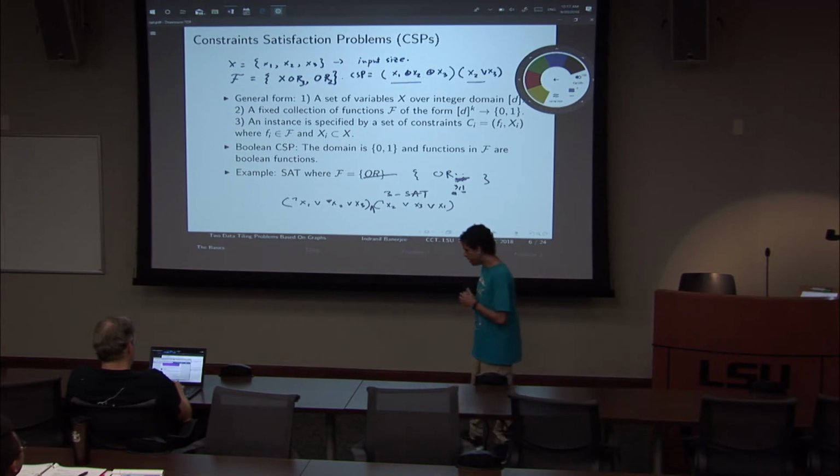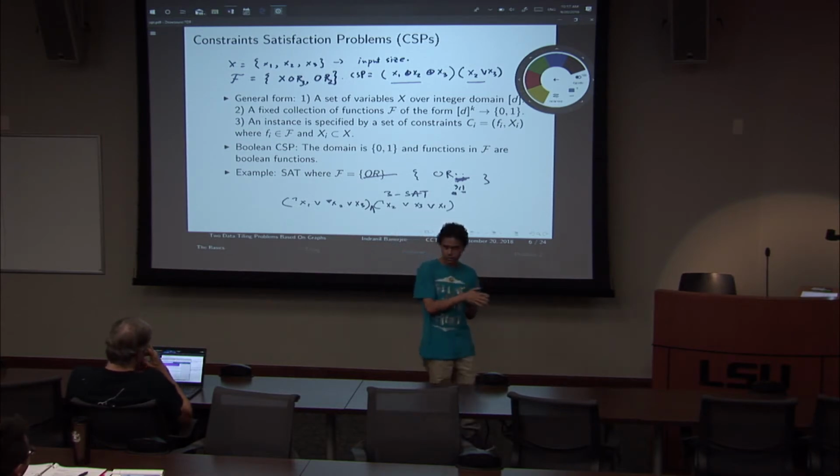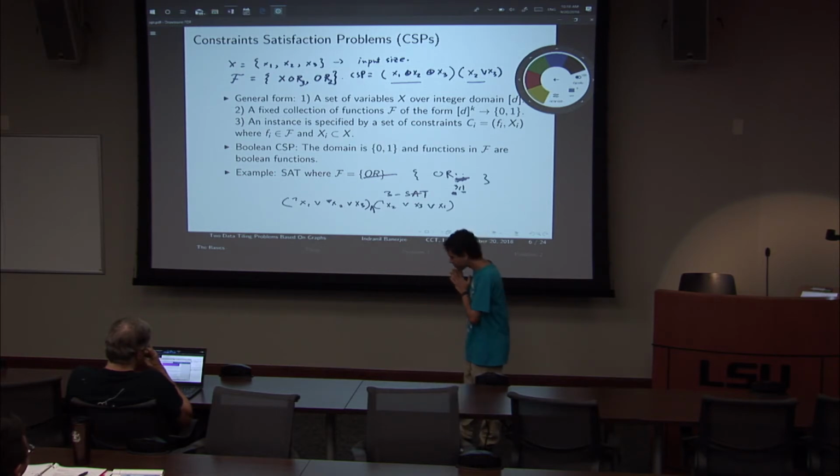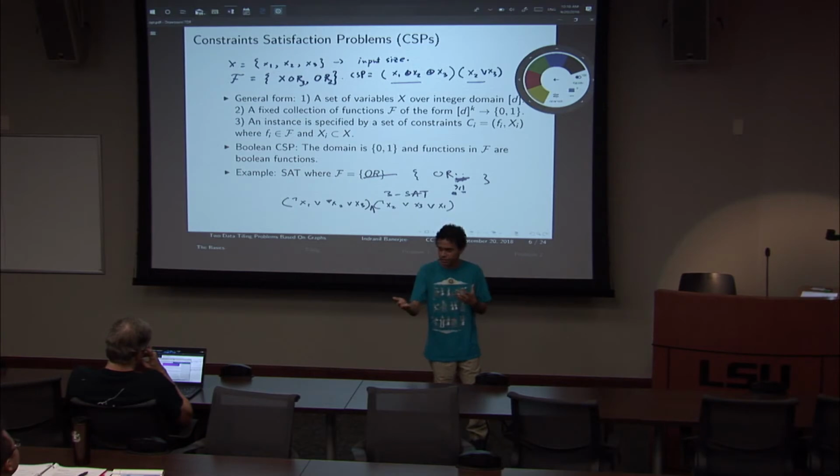The second one is an optimization problem, which is the max version. Find an assignment which satisfies the maximum number of clauses or constraints. The third version is a minimization version. Find an assignment which